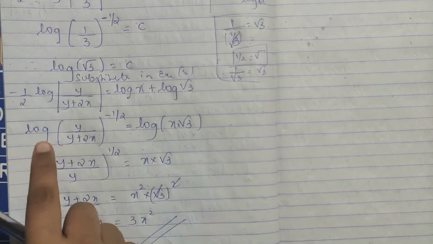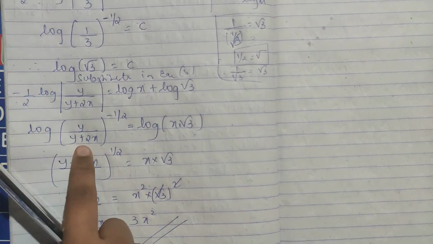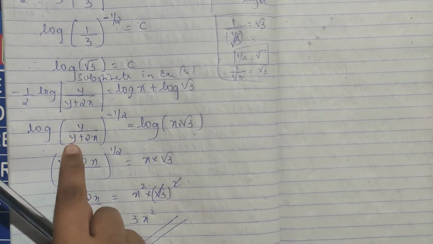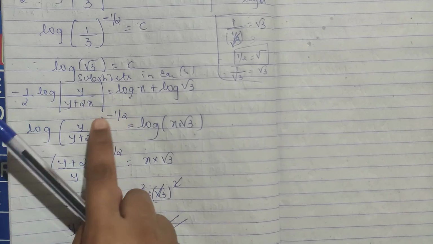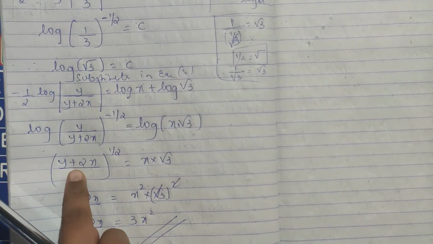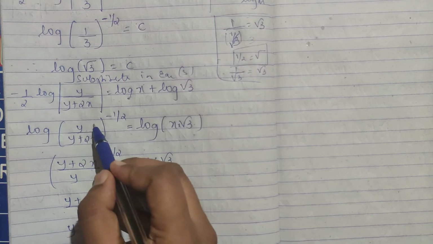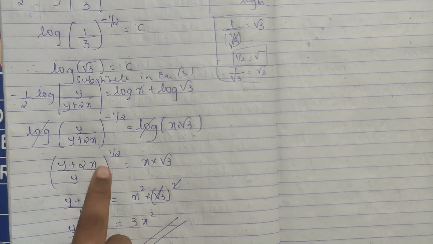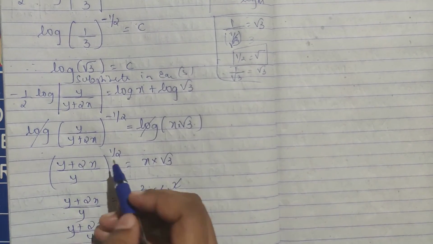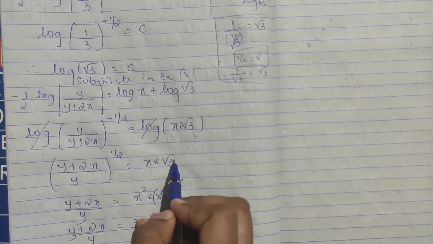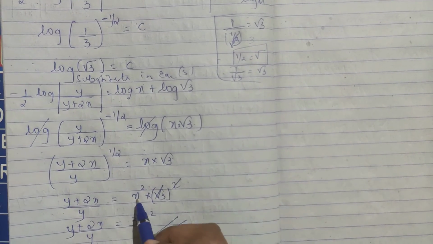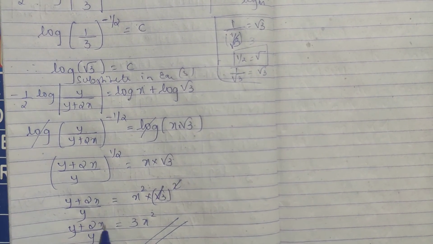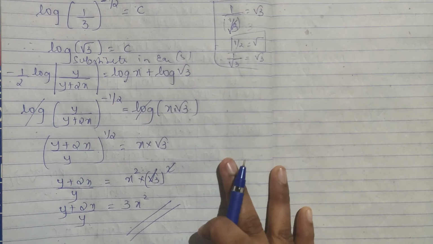Substitute your c value in equation 3, then log same, n log m, so log m raised to n, log m plus log n is log m into n. Now here you see it is y plus 2x raised to minus 1 by 2, in the same way, so positive means this goes up, this comes down only, so 1 by 2, this log gets cancelled, so log of y plus 2x by x, y raised to 1 by 2, into root 3. So here it is 1 by 2, when your 1 by 2 goes to the right hand side, it becomes 2, means square, so here x square, root 3 square, so your root and square get cancelled, so 3 by x square, so y plus 2x divided by y is equal to 3x square. So this is your final answer.